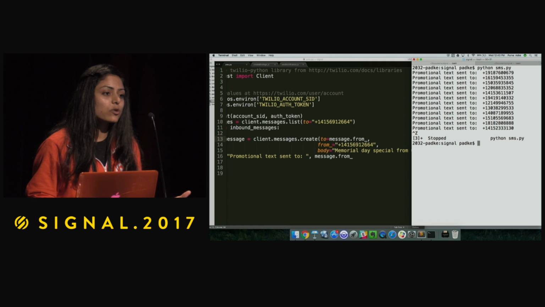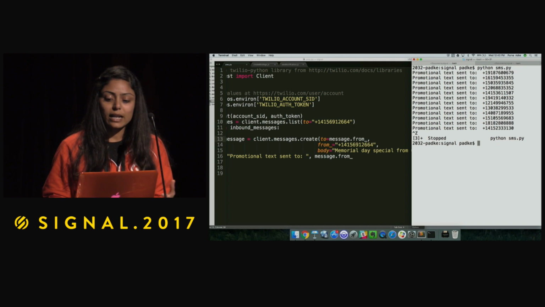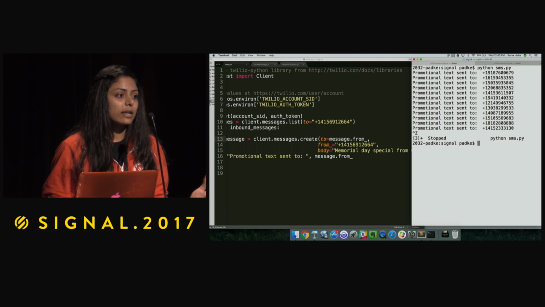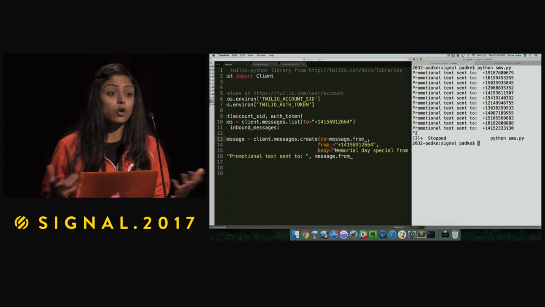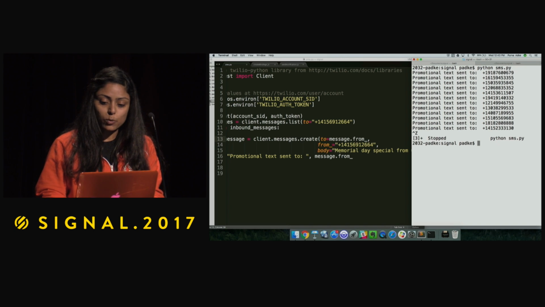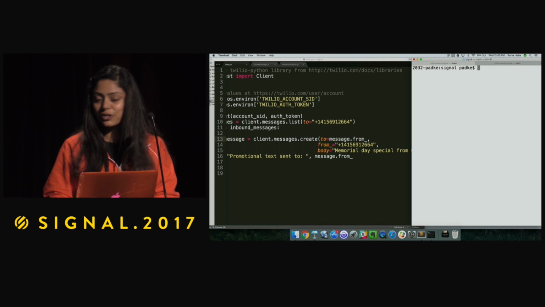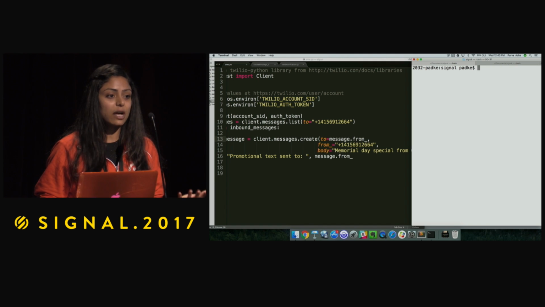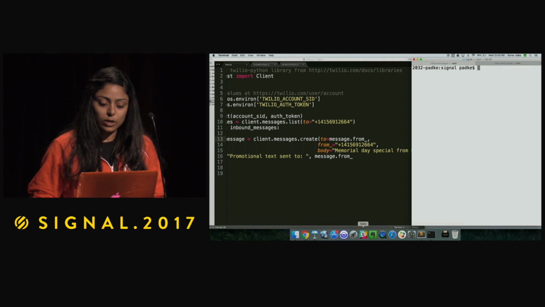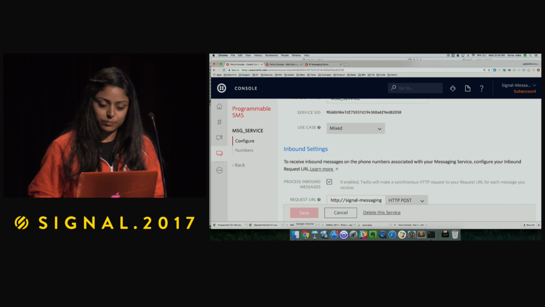Now, as your business grows, you really want to be able to scale sending these kind of text messages to a larger audience. Think of it, you want to reach out to thousands of users, even millions of users across the globe. So a better way to do this is what Madhav introduced earlier. We have another service called Copilot. So let me show you what that looks like.